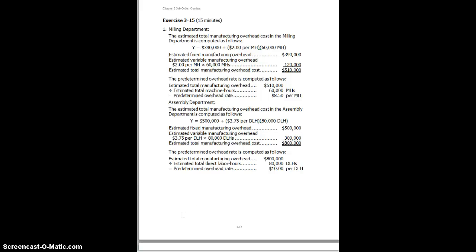We're now going to discuss the solution to exercise 3-15 on page 118. In this problem, we deal with the Diewold Company, which has two departments, a milling department and an assembly department. The company uses job order costing and computes a predetermined overhead rate for each department. The milling department bases its rate on machine hours, which is not too surprising as the milling department is heavily run by machines, and the assembly department bases its rate on direct labor hours, as you'd expect a lot of laborers